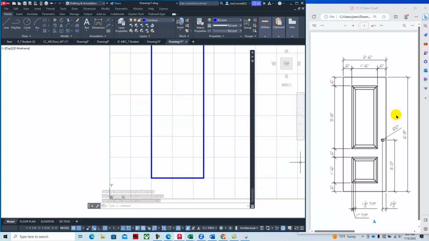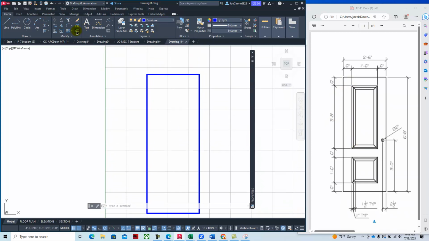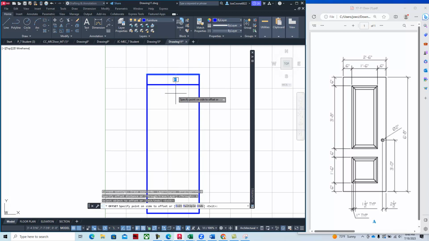We're going to use the offset command to put these little beveled features onto the drawing, and so we're going to offset 6 inches and 6 inches, and then we're going to offset 3 feet 8 inches and create this rectangular shape using the offset command. So we'll say offset, we'll type in 6 for 6 inches. Notice how the cursor changed to a small square. That's a selection prompt, and so it's a select object to offset. So we'll select this line, and then you can either go up or down, and we're going to go down,